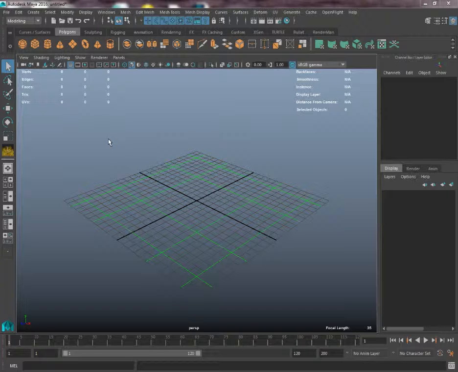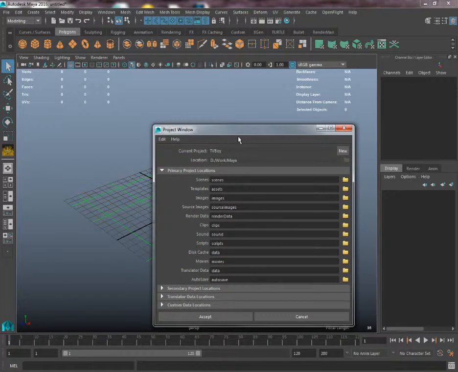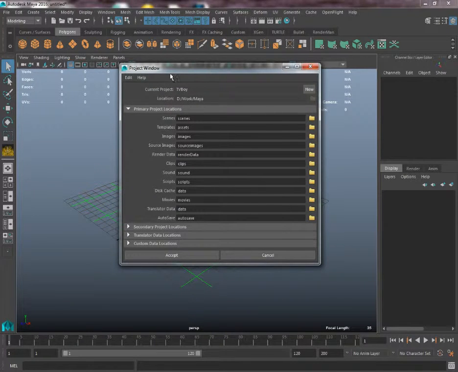So first things first, what we want to do is obviously create our project folder so that we can save all our textures and all our image planes and our scene files into that, and we can keep it safe. So if you go to File, Project window, we'll get this. Mine's still set up for the last time I did this, but I'll go through it again. So this top current project, this is what we're going to name our project as. So if you click this new button to the side, we can now name our project,